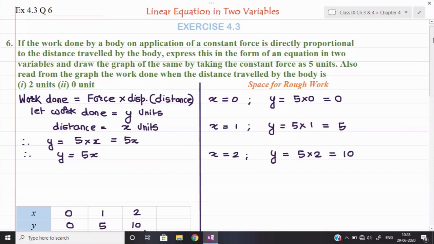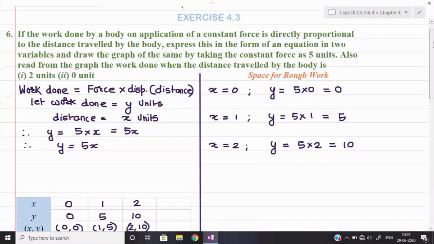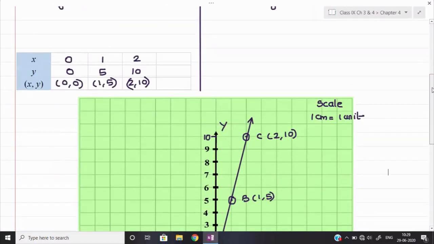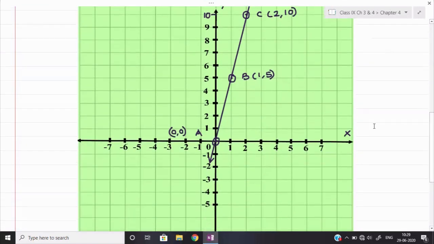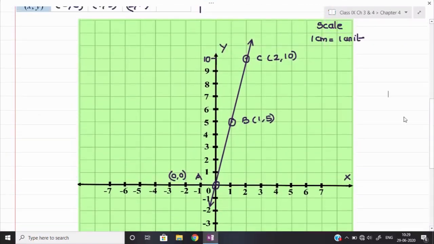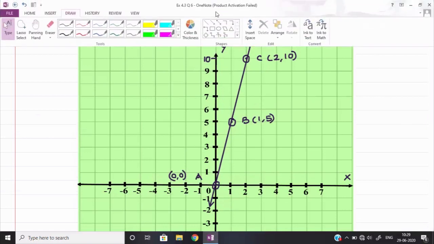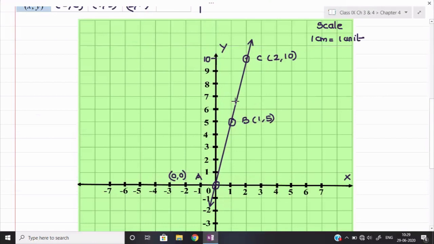Okay. So let us see. If I say from the graph only, I need to read here. So see, when the value of x is equal to 2, I need to find out the value of y. For that purpose, what I will do, I will draw a line from x equal to 2. Now from 2 I will draw a vertical line, okay, and I will see where this line is intersecting.